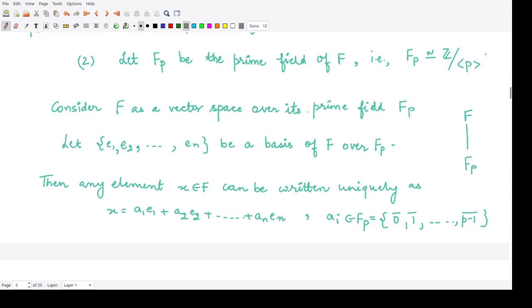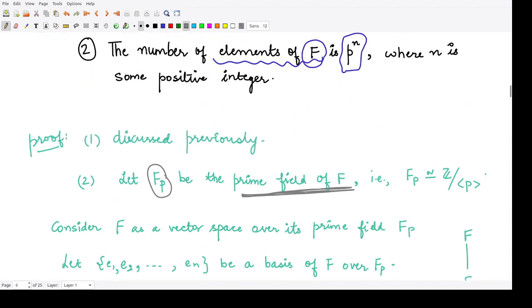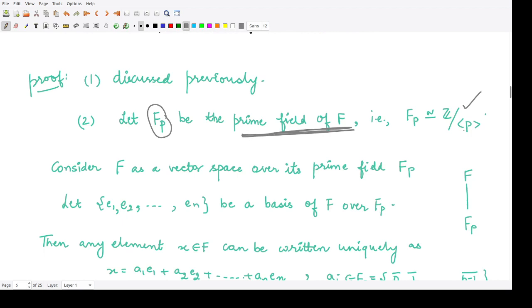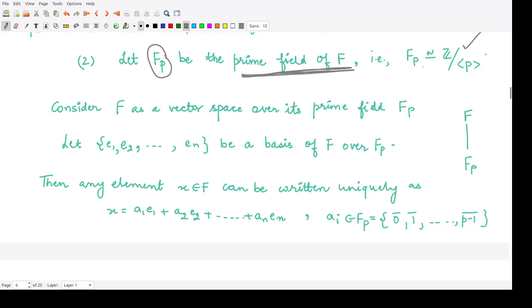For that, we are assuming Fp to be the prime field of F, and we want to show F has p to the power n elements. Because this is the prime field of F, using the first part, this would be isomorphic to integers mod p. Because this is a field, F, which is defined upon Fp, will act as a vector space over the prime field Fp.